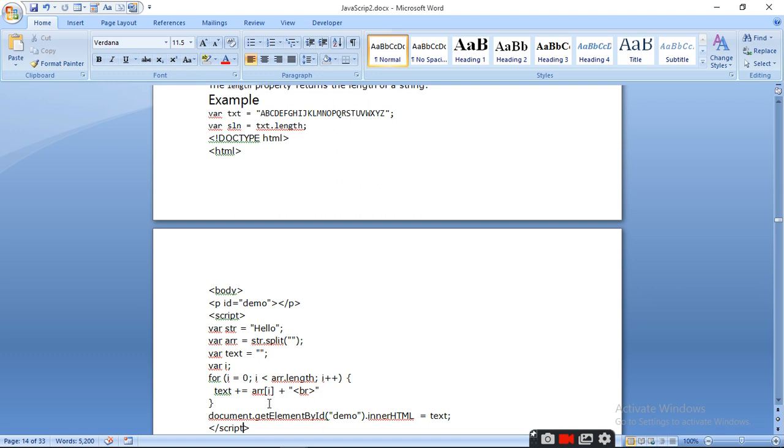Text plus equals arr i. So it will show the characters one by one in text which you get through the array.